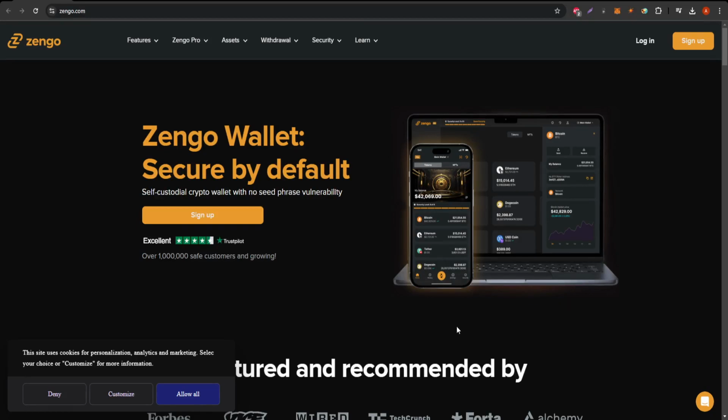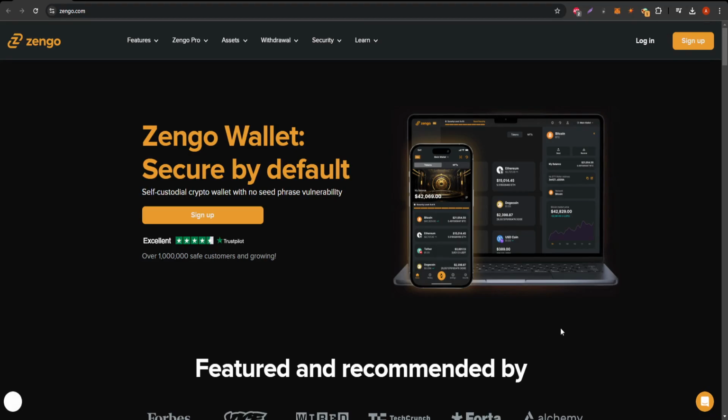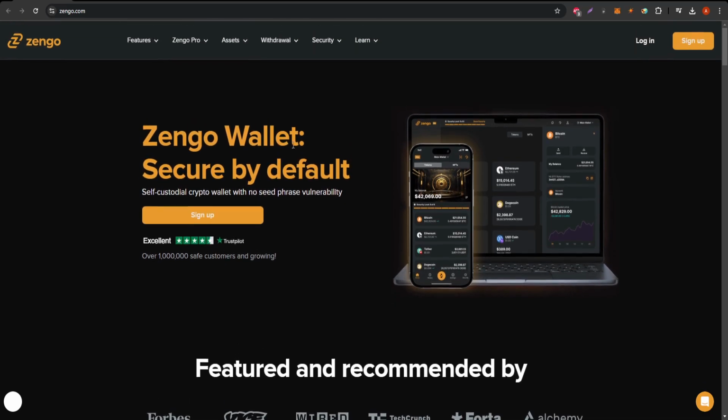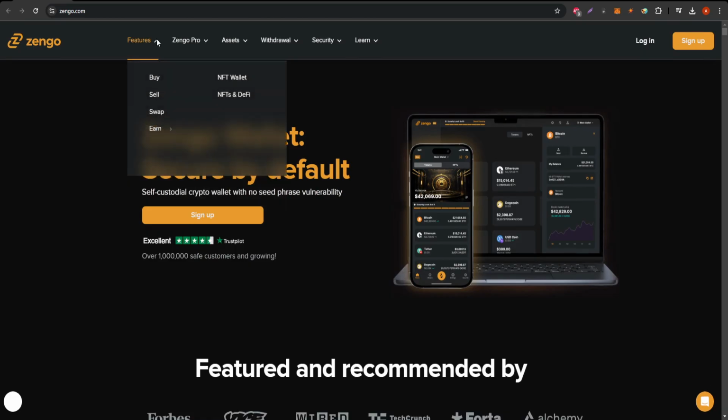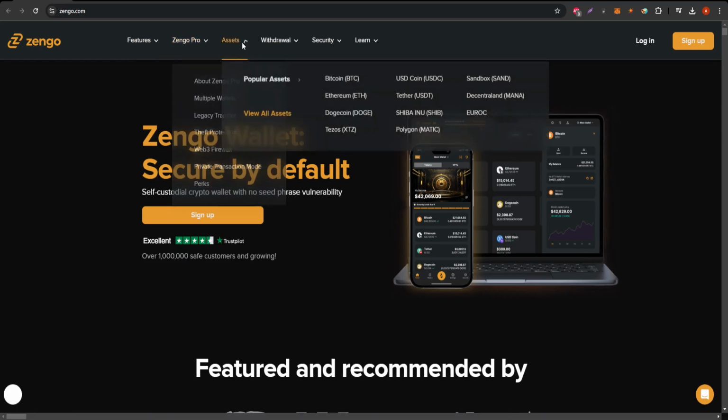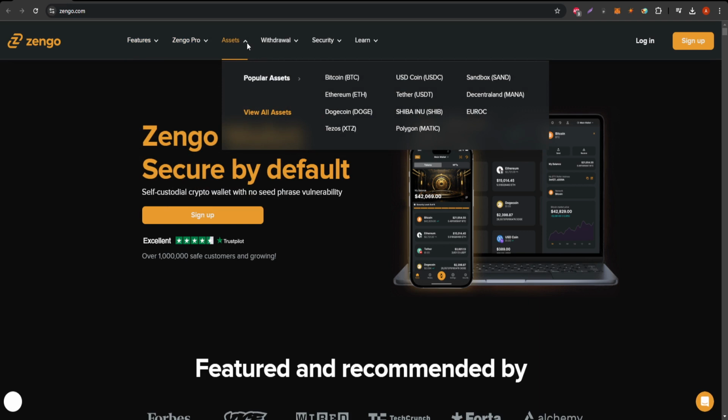Welcome to this comprehensive guide to ZenGo, the revolutionary crypto wallet that offers advanced features with unmatched security. In this video, we will take an in-depth look at ZenGo's interface, unique features, and why it stands out in the crowded world of cryptocurrency wallets. ZenGo is a keyless, non-custodial wallet designed to simplify cryptocurrency management without compromising security. Its innovative facial biometrics replace traditional private keys, ensuring your assets remain safe even if your phone is lost or